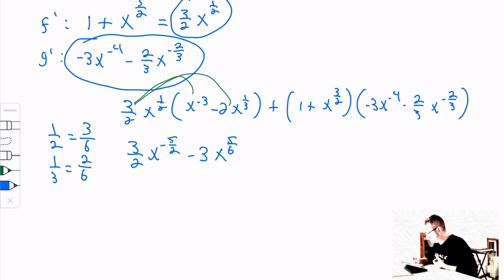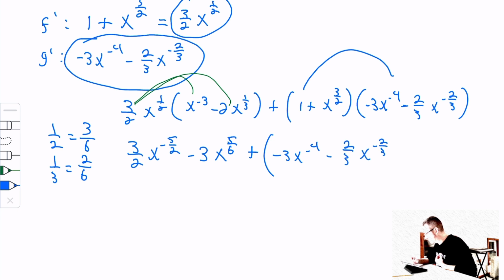Okay, plus, so I've got a FOIL over here. All right, so 1 times negative 3, this is a minus here, negative 3x to the negative 4 is simply that. One times negative 2/3 x to the negative 2/3 is negative 2/3 x to the negative 2/3. Okay, next, x to the 3/2 times negative 3x to the negative 4. That's going to give me negative